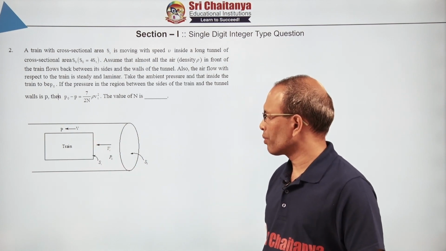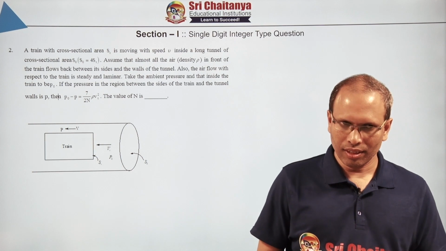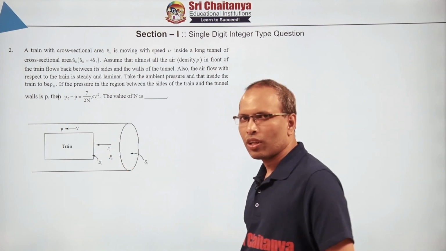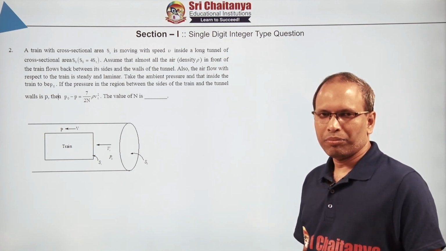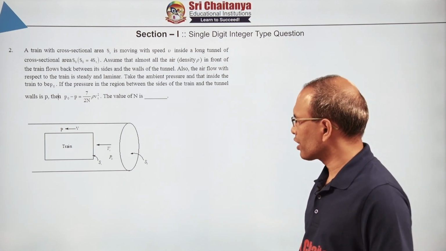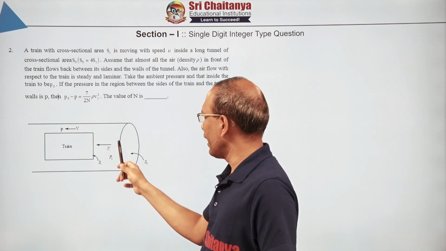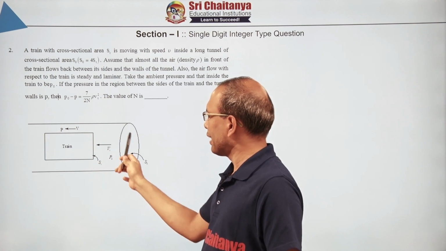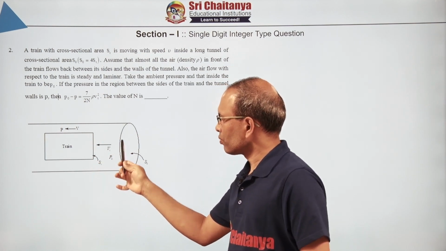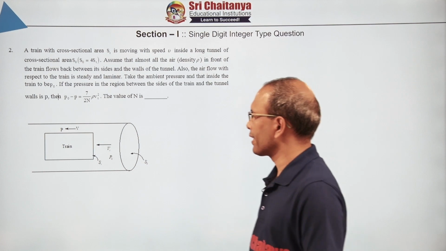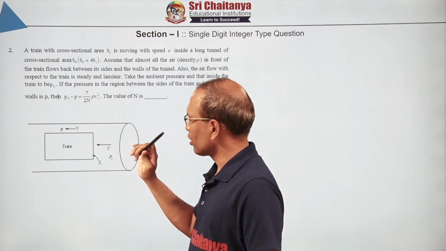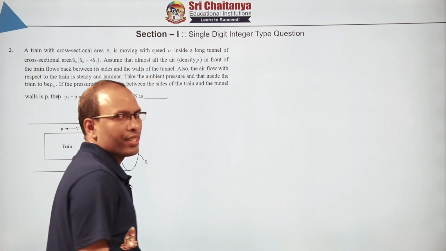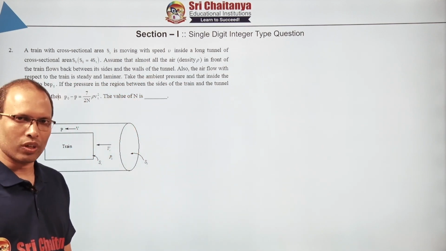This is quite simple, we know it is based on fluid mechanics. We want to get the relation between P0 and P. So first let us apply the equation of continuity and get the relation between their velocities v and vt. This is the train velocity, which is the same as the velocity of the air. When you apply this, we will calculate the velocity of the air in this region. So for that, what can we write? According to the equation of continuity, A into V is constant.